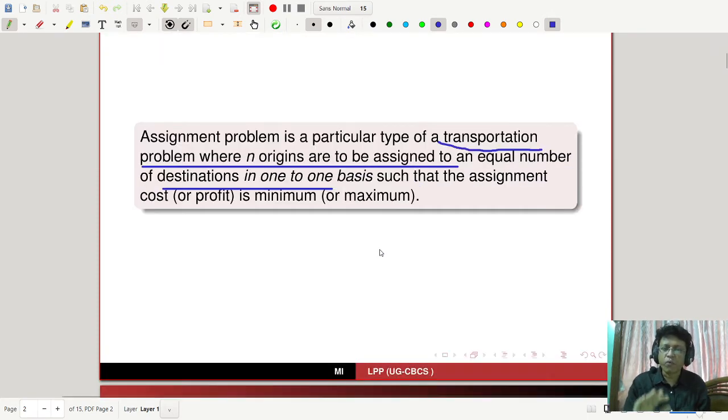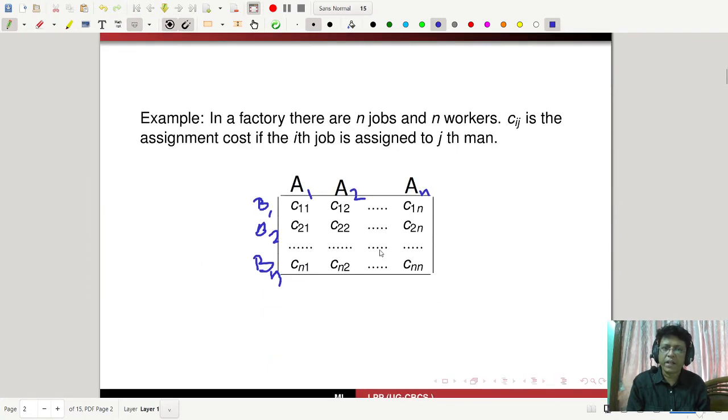Okay, let's see what is the formulation of the assignment problem. Let's have an example. In a factory there are n jobs, a1, a2, an, and there are n workers, b1, b2, bn, and Cij is the assignment cost if the ith job is assigned to the jth man. That means the man b1 is assigned to a1, so the cost will be c11. So c11 is the assignment cost if the job a1 is assigned to b1. Similarly, we can explain c12 is the cost assigned